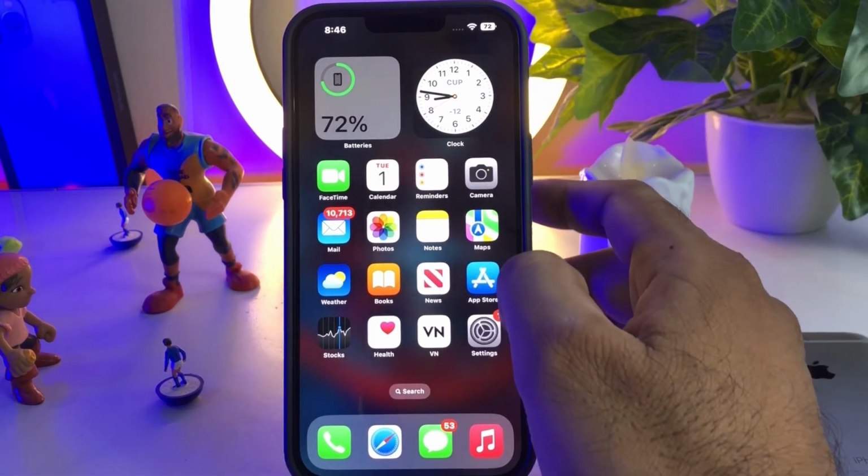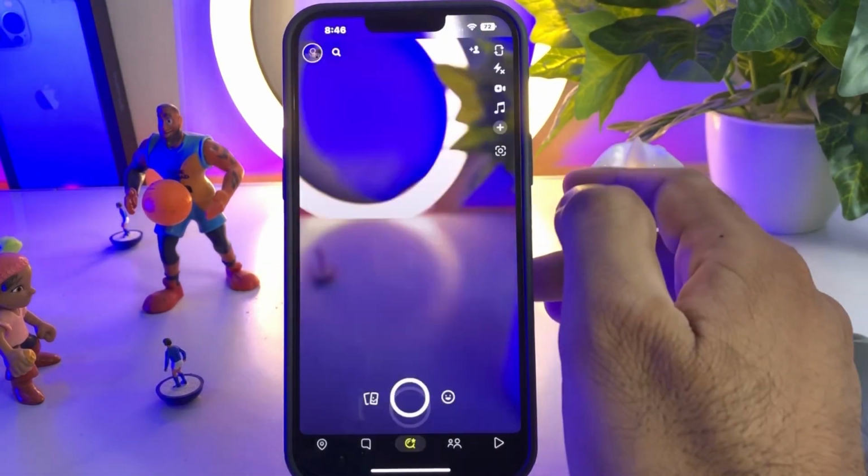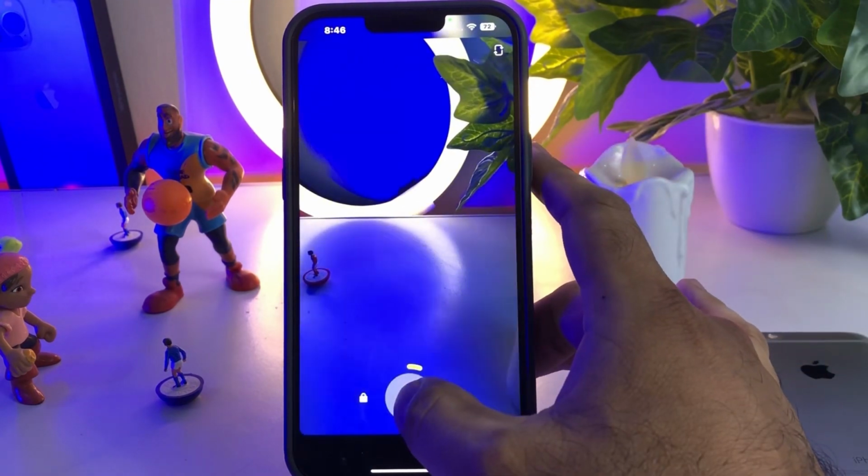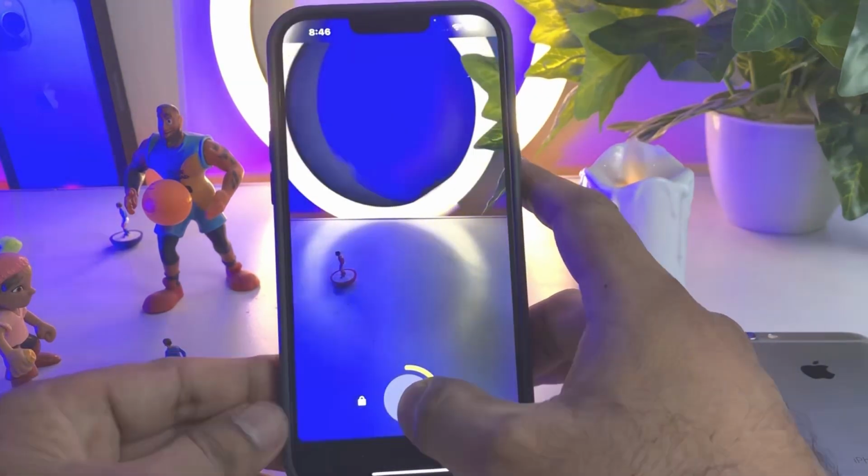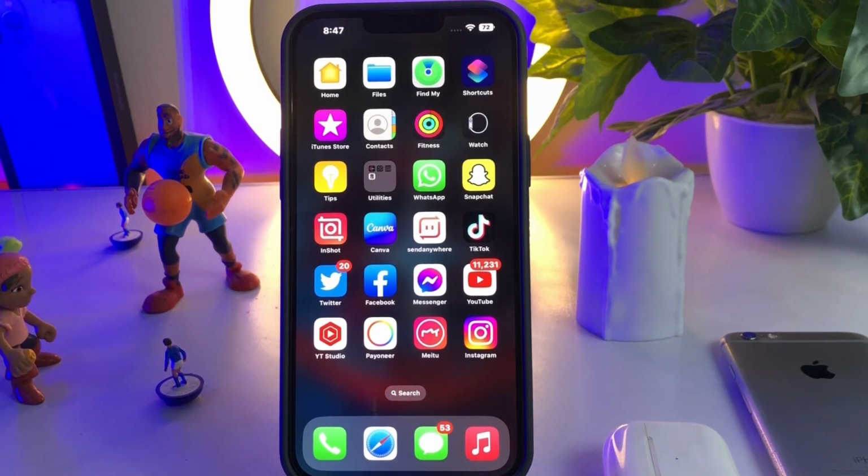Firstly, open your Snapchat and check if you are facing any lagging issue on Snapchat video recording. Okay, so in my case you can see on screen it's not lagging. If you face any kind of lag issue on your Snapchat camera, just update your Snapchat to the latest update. If you haven't updated yet, just update your Snapchat to the latest update and fix that issue. If that method is not working, then uninstall your Snapchat and then reinstall it on your iPhone or Android and easily